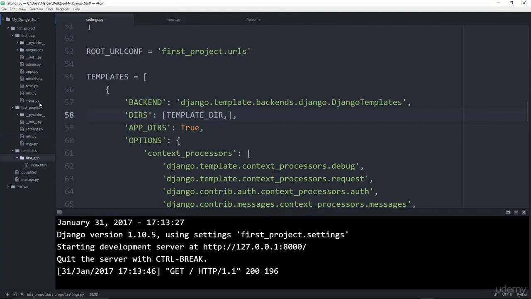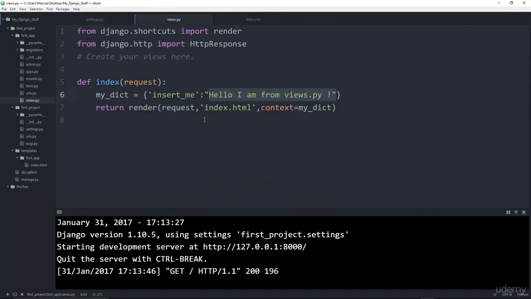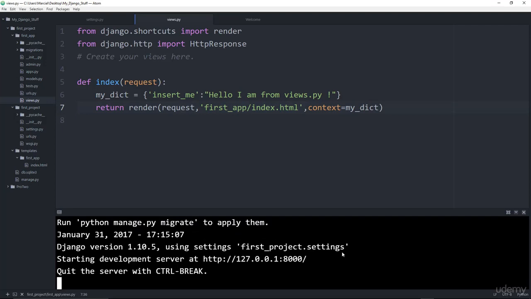And the next thing I have to do is come back to views.py, and here I will call first underscore app, and then actually call the index there. And this slash should actually go the other way. And this slash is okay to go that way because this is basically what your browser is going to be reading. So we will save that, and let's check it again, make sure everything worked,